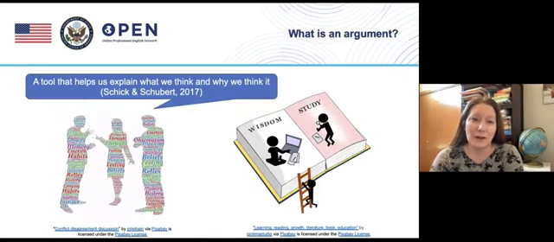When we hear the word argument, we might think of a conflict between opposing sides, like a disagreement or a fight. But in fact, arguments are not necessarily negative. The goal of an argument depends on the purpose of communication. One purpose we may think of is to persuade or convince someone to agree with a personal opinion. Arguments may have many purposes, including to present new ideas, to share current knowledge, or to gain understanding. Simply defined, an argument is a tool that helps us explain what we think and why we think it.